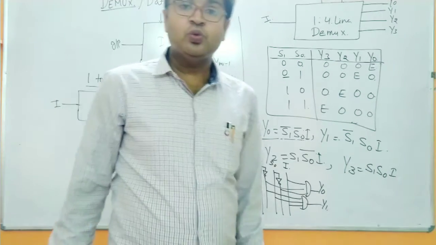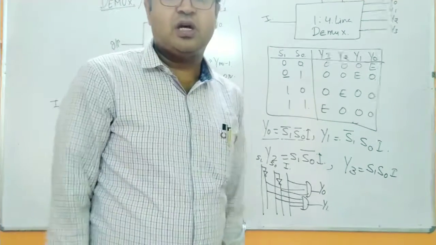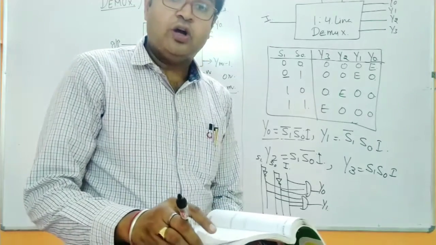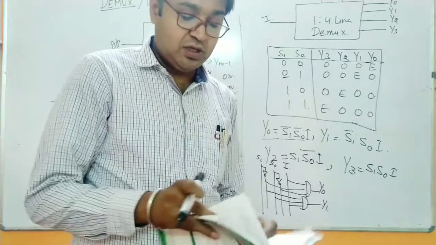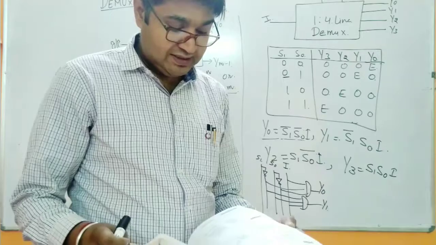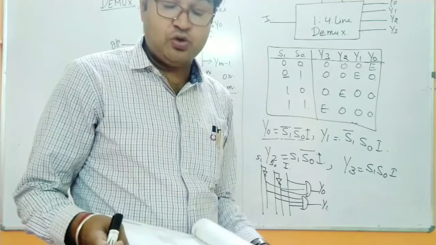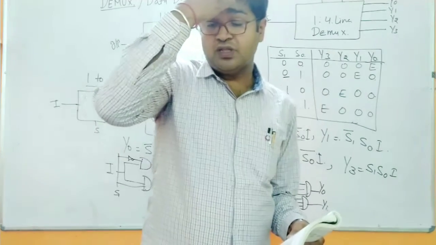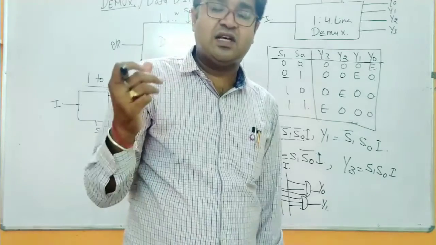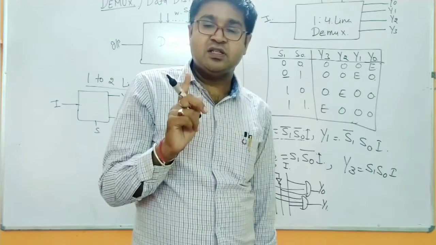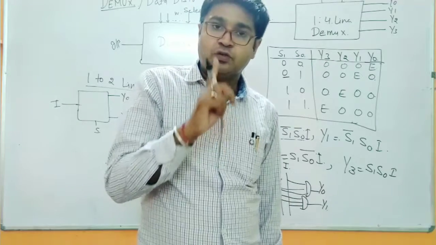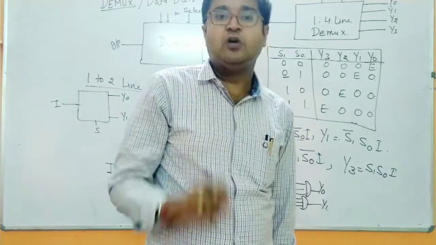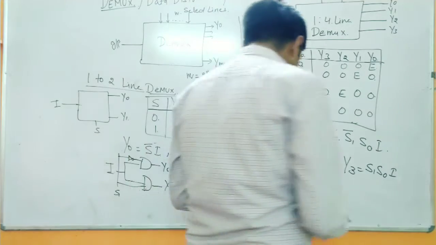You can draw the others too in the same manner. This is how you are going to provide this particular circuit. So this is how you are going to show the demultiplexer circuit. Now a number of combinations are available to us, and you can use different demuxes. You can use a 1 to 16 demux, and as its name suggests, if there are 16 output lines available to you, that means 2 to the power 4. So 4 select lines need to be provided to get the particular output. So this is how we are going to do this.